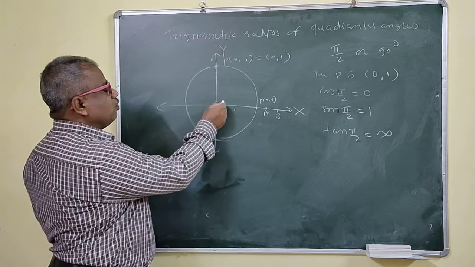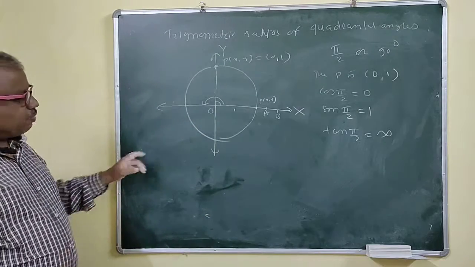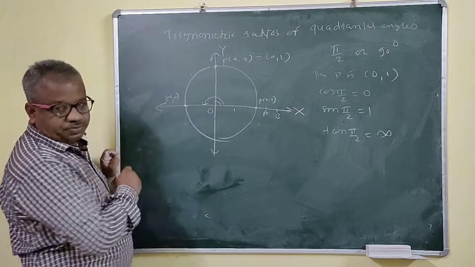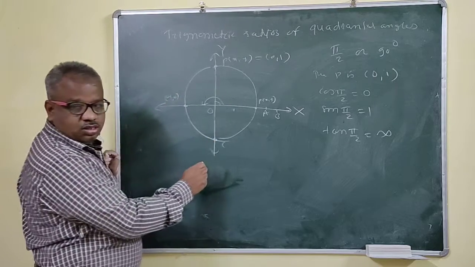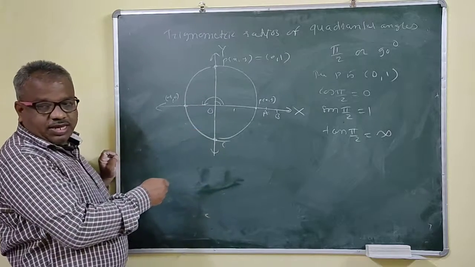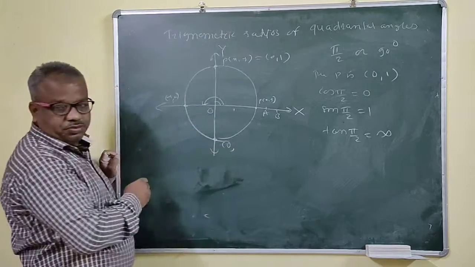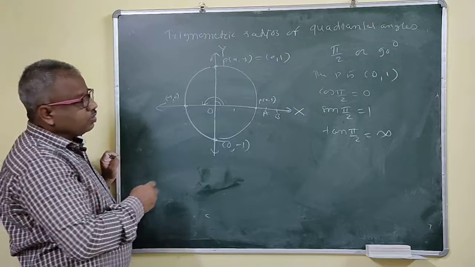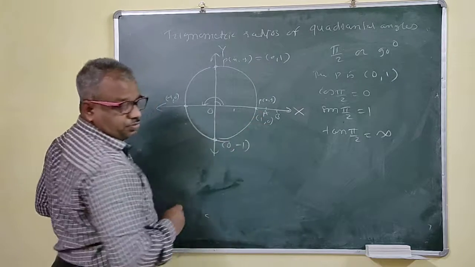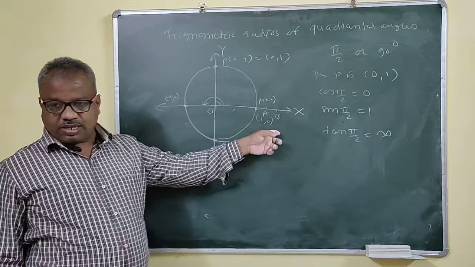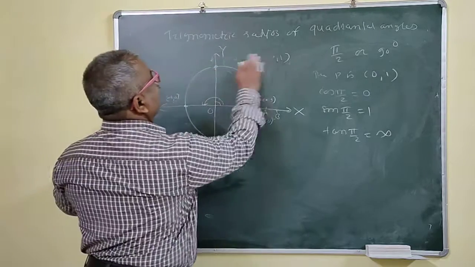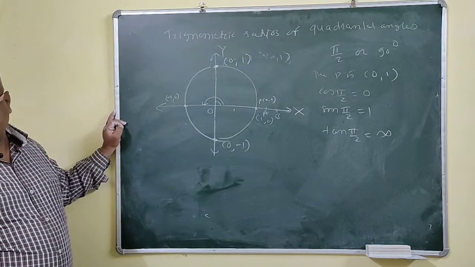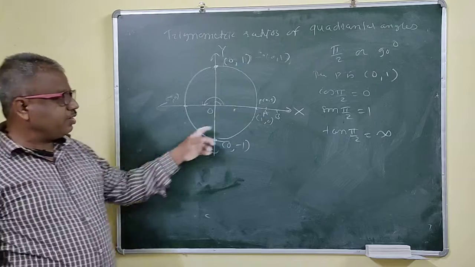Now this is 180 degree. So that means your terminal side intersects here. Now this point is what then? (-1, 0). This point is on the x-axis, the y coordinate is 0, and you are on the negative side, so x is minus 1. Right? This point is what? (1, 0). This is on the x-axis, y coordinate is 0. This point is what then? You are on the positive y-axis, so y coordinate is 1. Right?